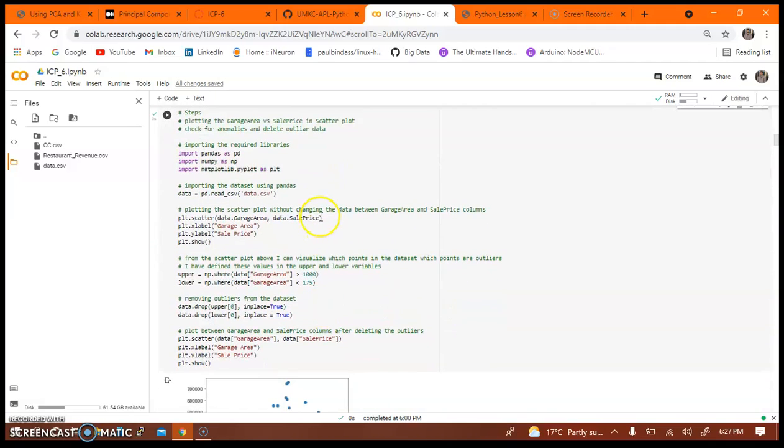And then coming to the next question, we need to plot the garage area versus sale price in the scatter plot and check for the anomalies and delete the outliers. So here I have imported all the libraries and imported the required dataset and then plotted the scatter plot. And then here I have visualized the dataset and I have seen the outliers, and I have defined these values in upper and lower variables, and then I have removed these outliers from the dataset